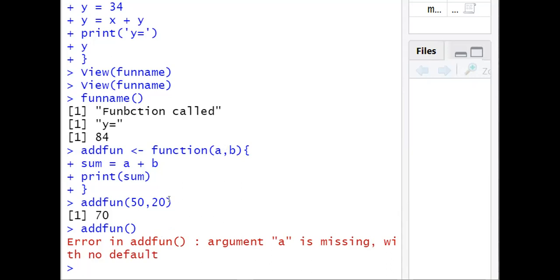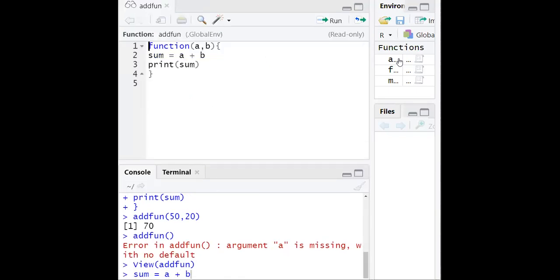In order to assign the default values, in the same function, if we want to modify, we shall open that add method like this. Here we can assign the value.